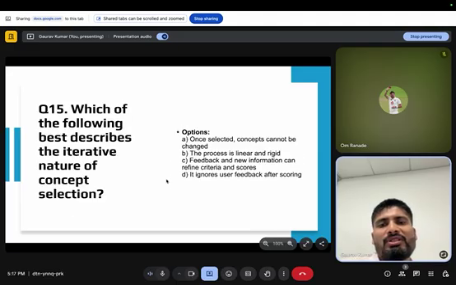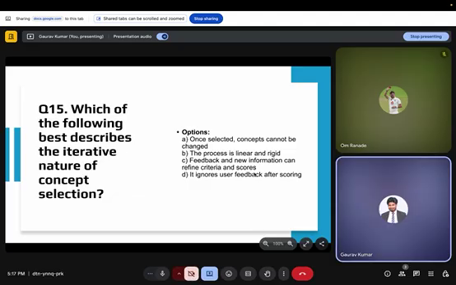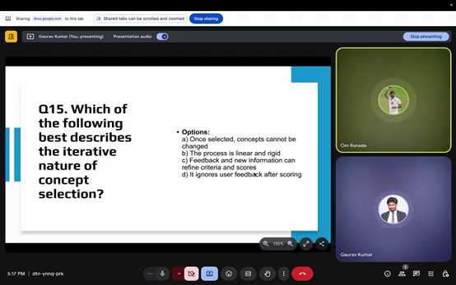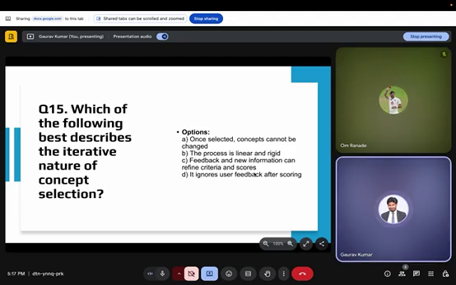Now moving to the next question, number 15. Which of the following best describes the iterative nature of the concept? Okay, let me see option C. C is the right answer because a robust design process is inherently iterative as new data emerge from